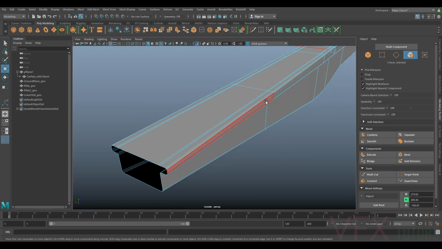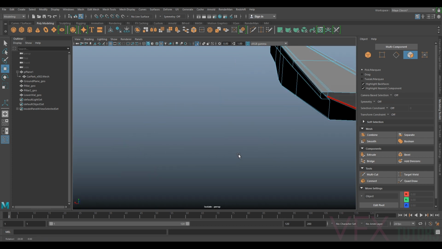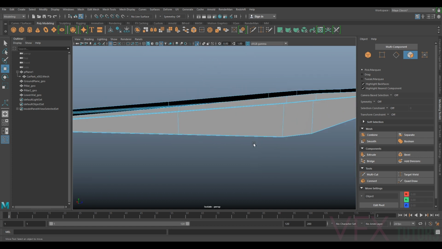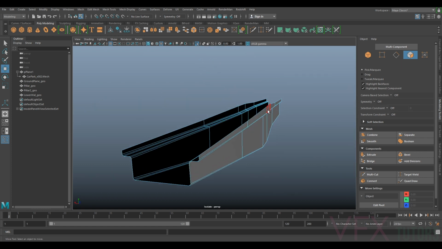Let's select this edge here and delete. Select that one and delete. Now if I double click on the top, I can delete all that. So now we've not got all this sort of wasted geometry that we're going to use. So if I select my edges,